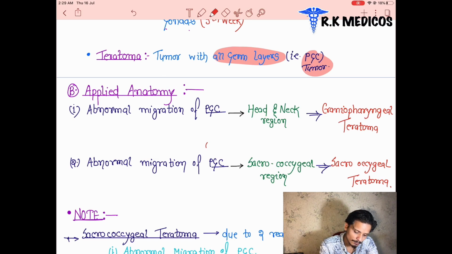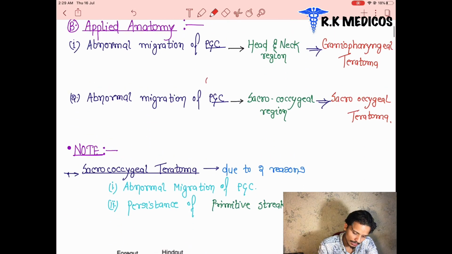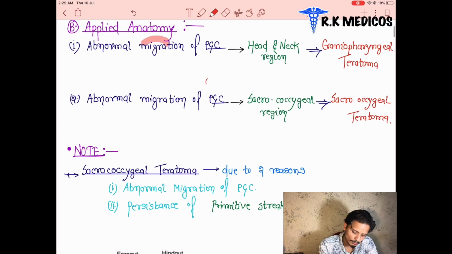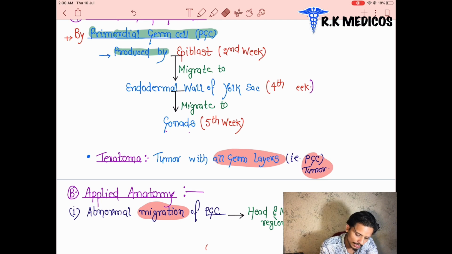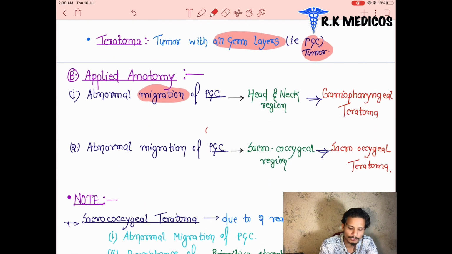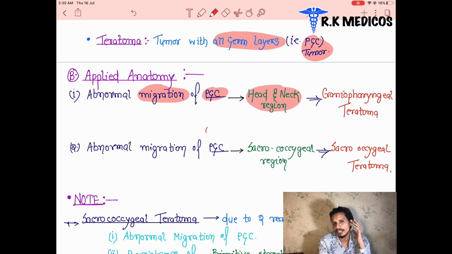The first one is, suppose that this migration occurs from the epiblast to the yolk sac to the gonads, and there is any abnormality in their migration. They have to migrate to the gonads, but they migrate to different places of the body. It leads to something developing in our body. That one is called teratoma. Basically it is due to abnormal migration. We can see there is an abnormal migration of primordial germ cells in the head and neck region. When these primordial germ cells migrate to our head and neck region, they form a big tumor. That one is called